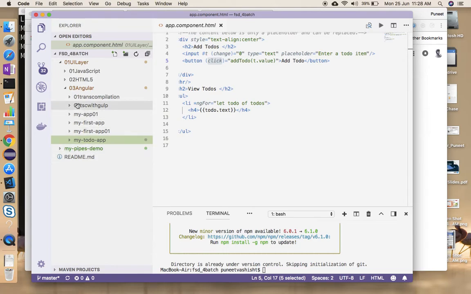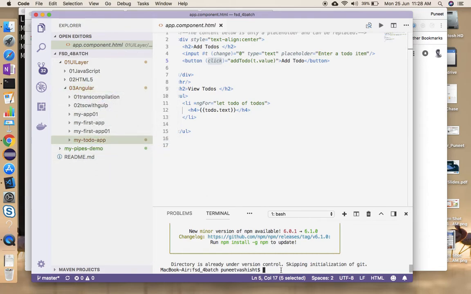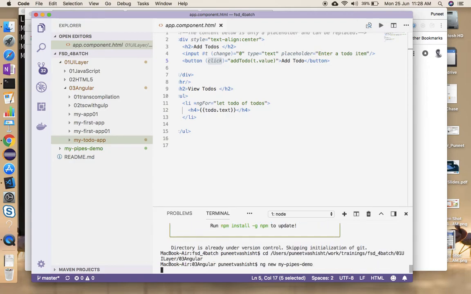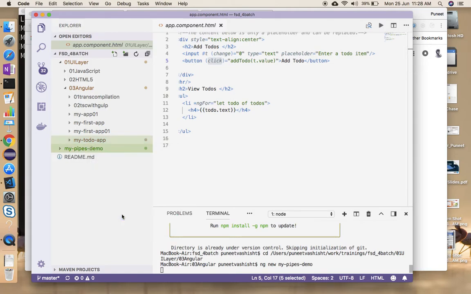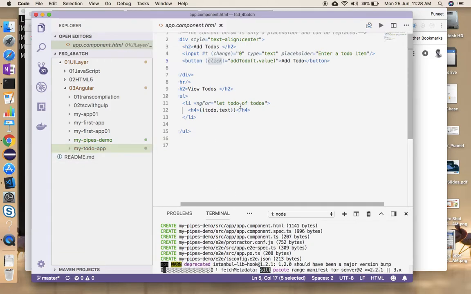So I just created my pipes demo right here. I just created it outside, so I'll move inside the folder. Maybe we'll just not do that. So copy the path, and I'll just issue this command one more time. Delete it from the outside. Now this is obviously going to take some time, but in the meantime,